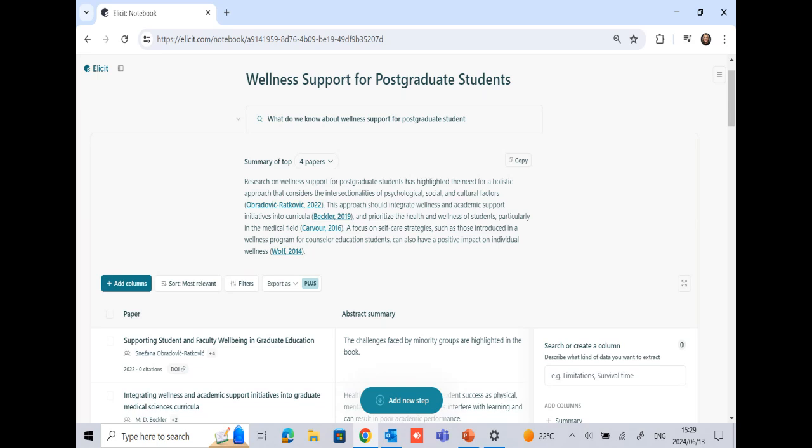After I put in the question, it will turn on a summary of the top 4 papers that it found, and it will then give you a summary of the top 4 papers that Elicit thought was accurate. And what is very nice, even on the free version, you can copy it.